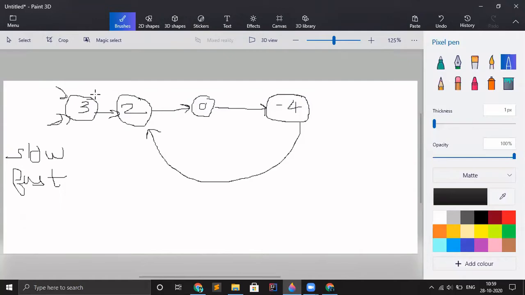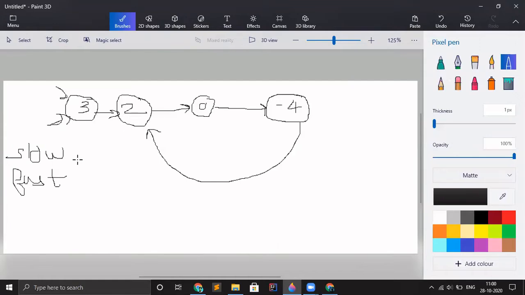At every iteration we have to move until the slow and fast pointers meet again. If the slow pointer and fast pointer meet again in an iteration other than the starting one, it means that there is a cycle present in the linked list.